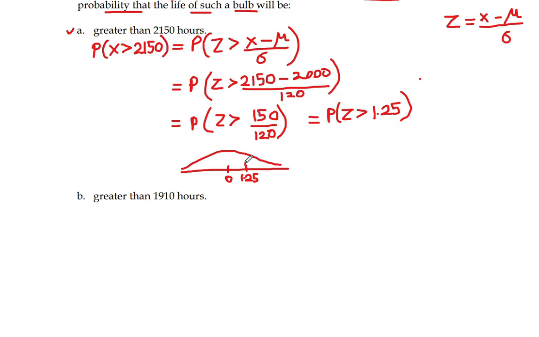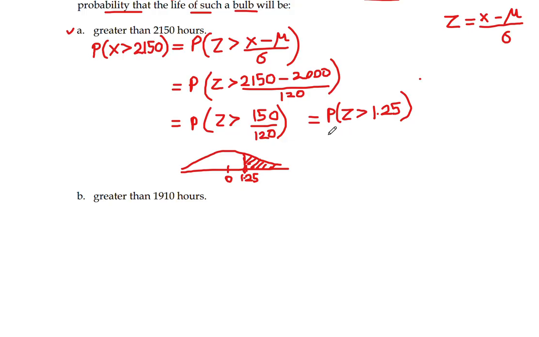Then I go upwards from the value 1.25 and I shade the area to the right of 1.25, indicating the area for which we're calculating the probability on the standard normal curve. That's the area greater than 1.25, or in other words, to the right of the value 1.25, which is the